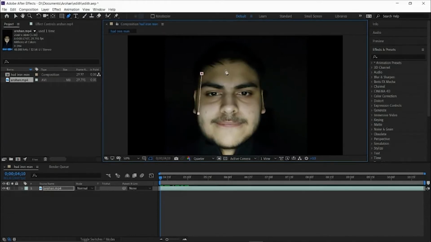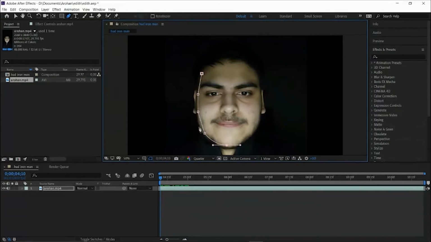Since you all are beginners and masking is a pretty difficult thing, you can just simply click on various points to create a mask. You can make these lines curved as well if you drag your mouse while you are placing a new point, but this is not really needed.